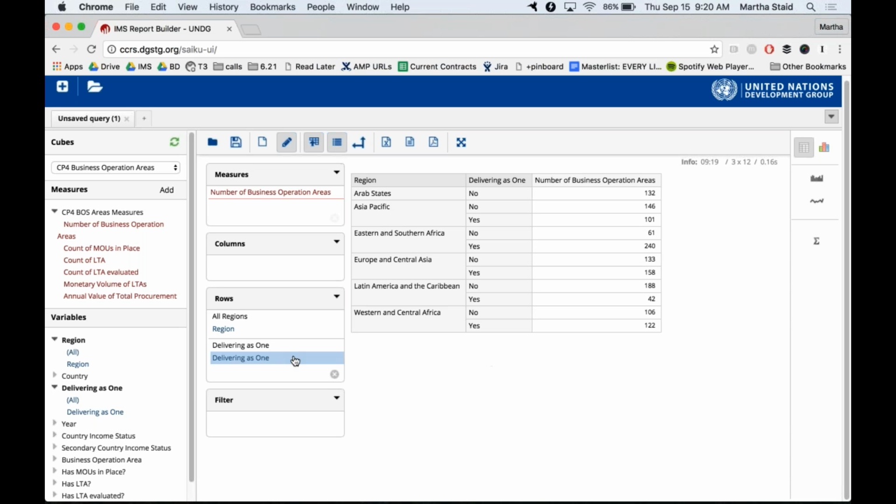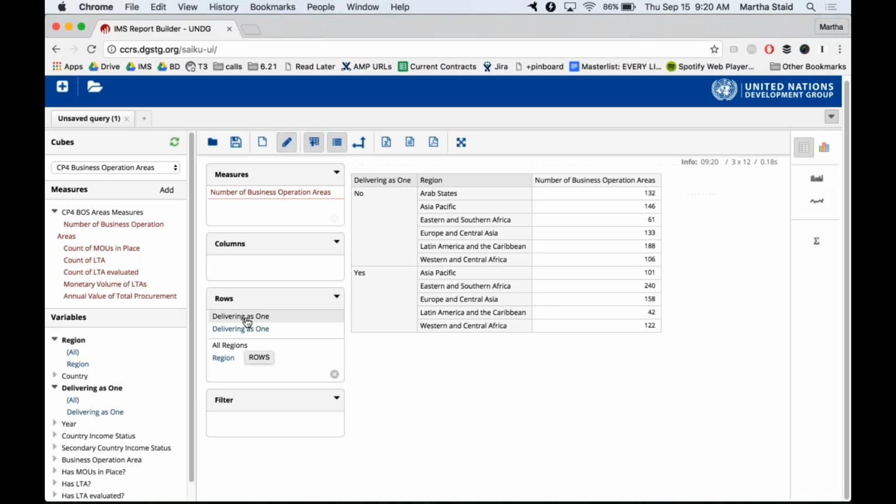This is very easy. You look over here, we see we have region first in our list of rows, and then we have delivering as one. If I just drag delivering as one to be above regions, suddenly we have the table swapped so that first we're looking at all the no countries and then the yes countries.